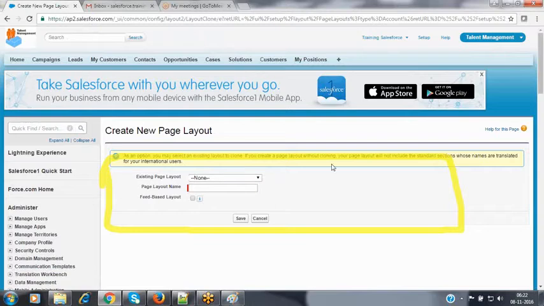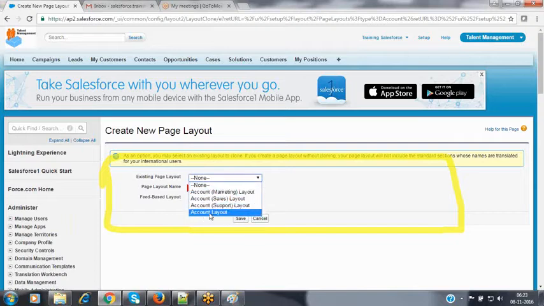Now, we can create your own page layout from the beginning, from scratch also, but it will take more time. As a best practice, it is always recommended to clone an existing page layout when creating a new one, instead of creating everything on your own from scratch. Create a copy of the existing one so that it will be very easy to do the customization. Now select the layout which you want to clone here.